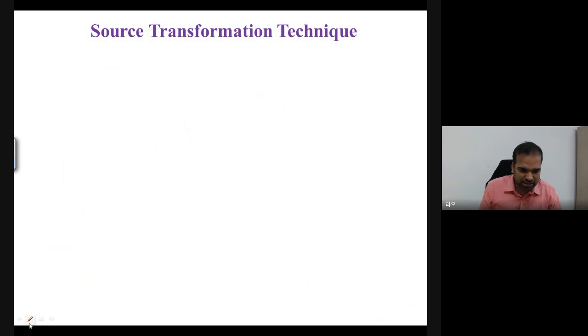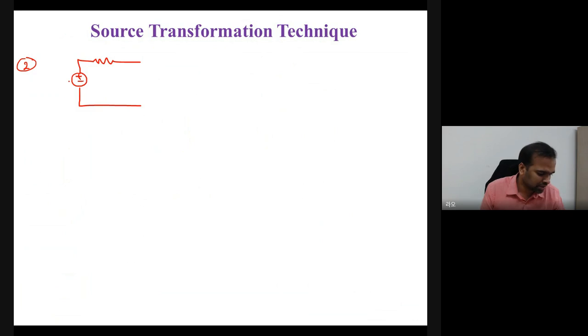Now I want to discuss another similar simple problem, in order to understand the concept of the source transformation technique. Now I am giving a voltage source. This is my ideal voltage source. The value is 50 volts, and the internal resistance is 30 ohm. Now this is my terminal A and B. Of course, this is a load. Let us consider here this is a short circuit or anything. Now here this may be a load, resistors.